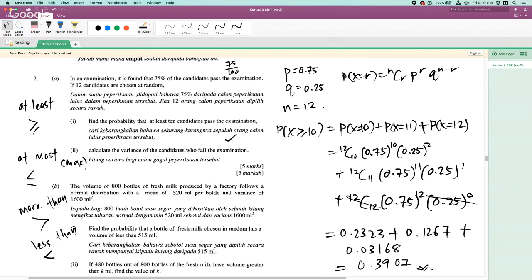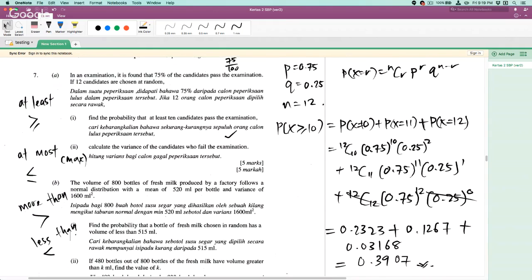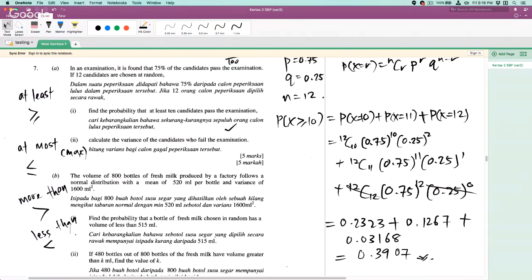All right, so I hope I do make you understand. Okay, so where are we? Okay, so you join together and then this is your final answer. Okay, then for part B,